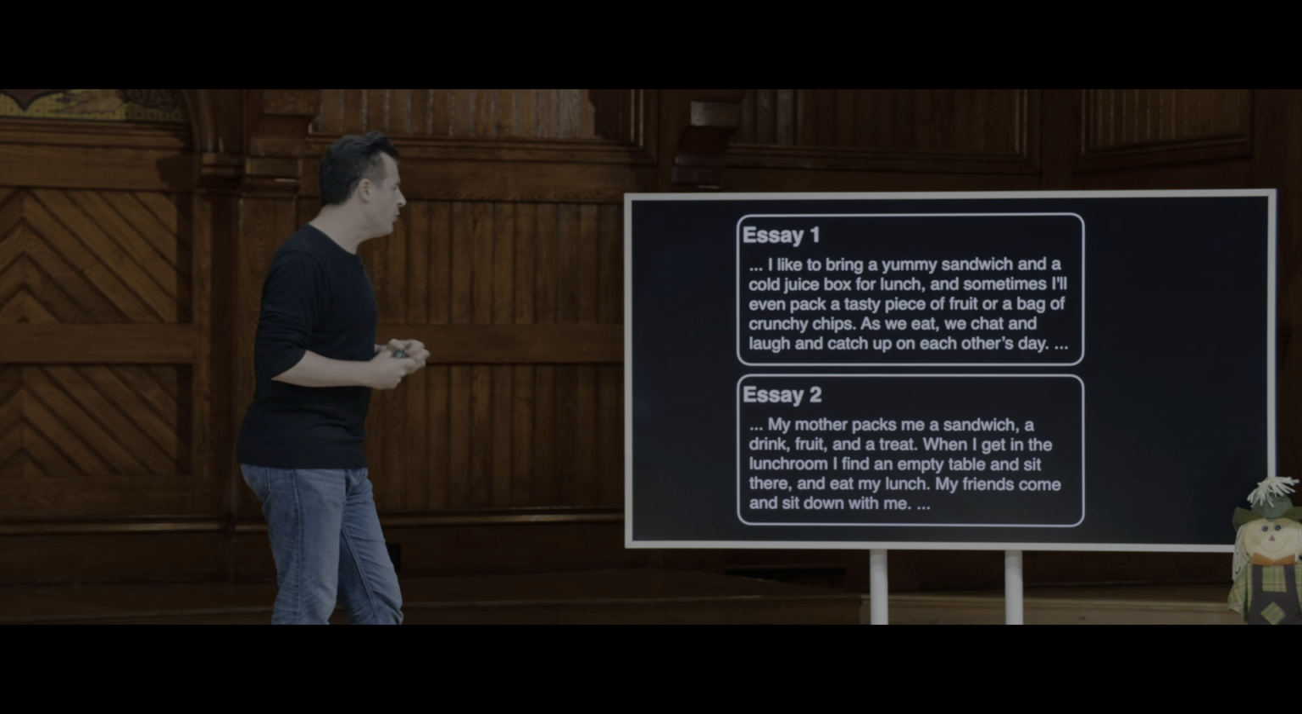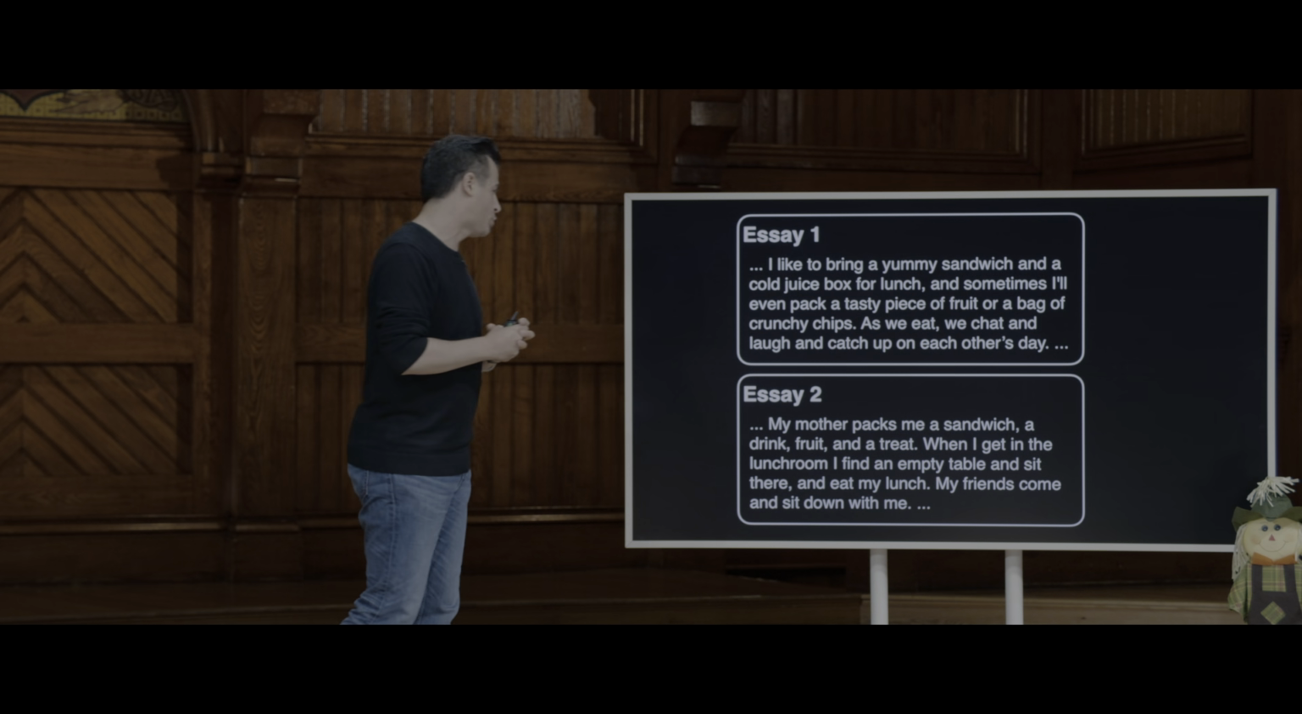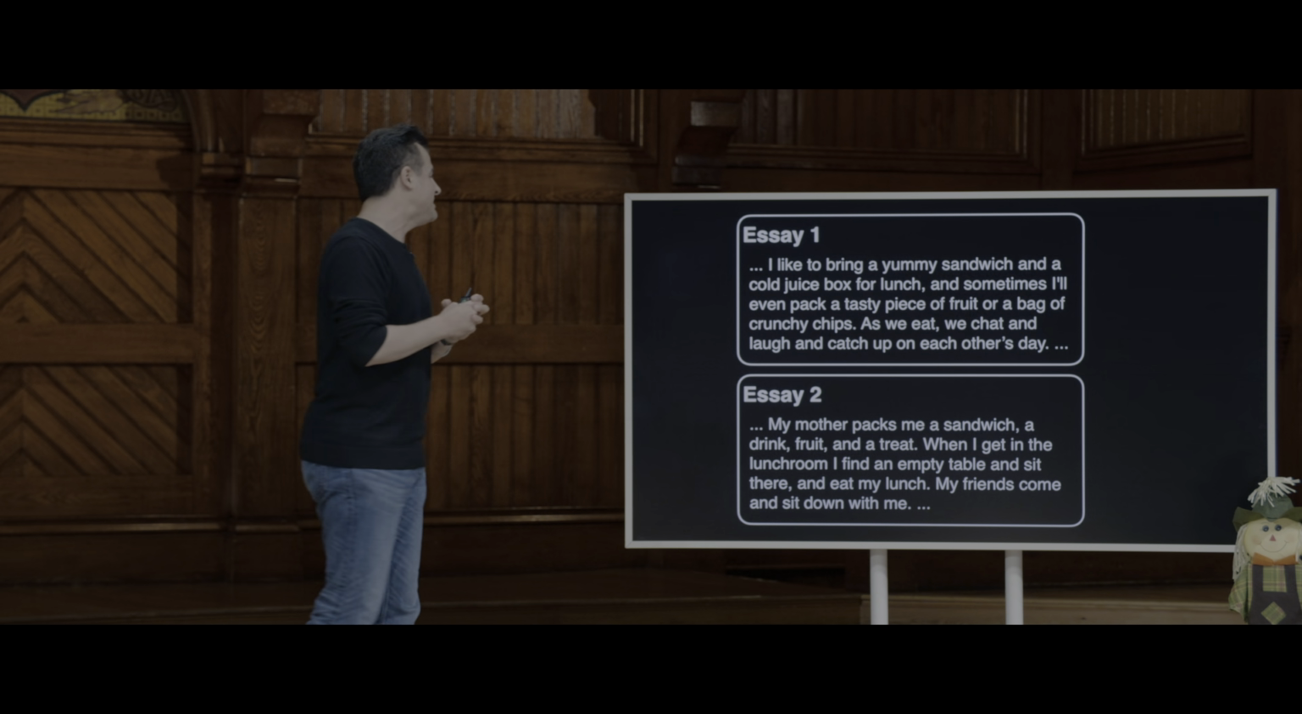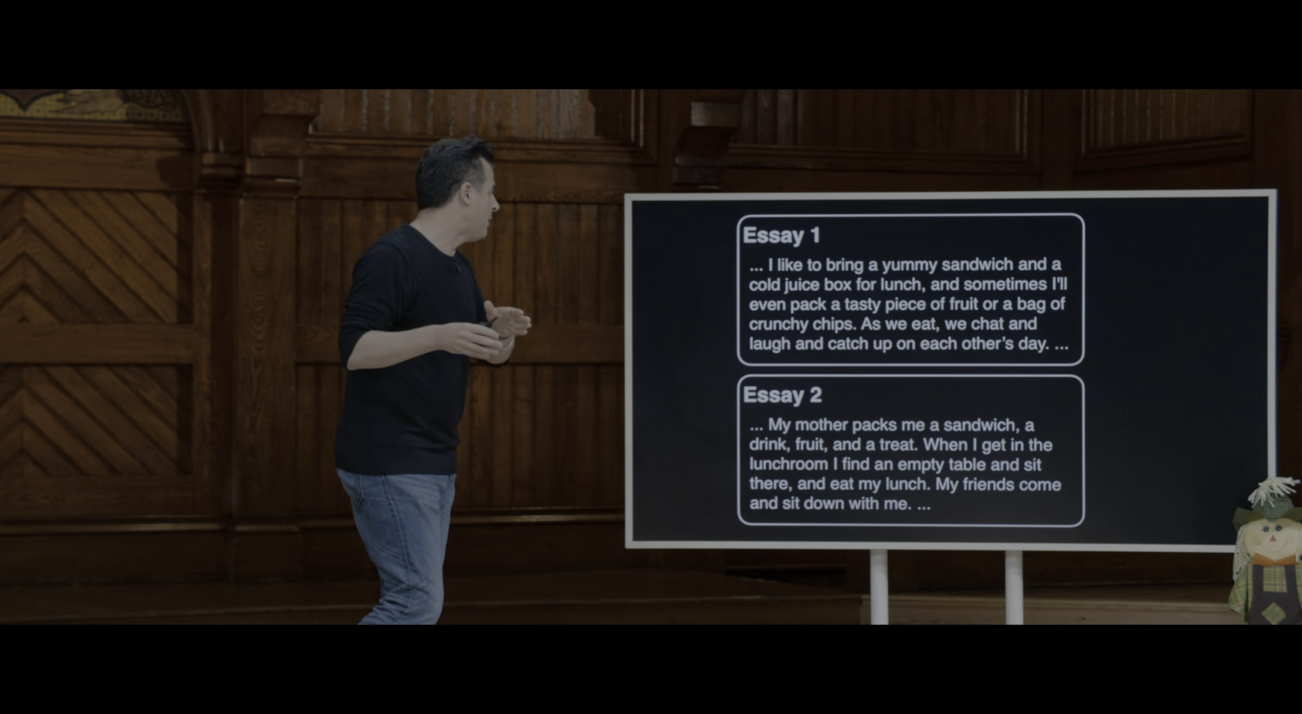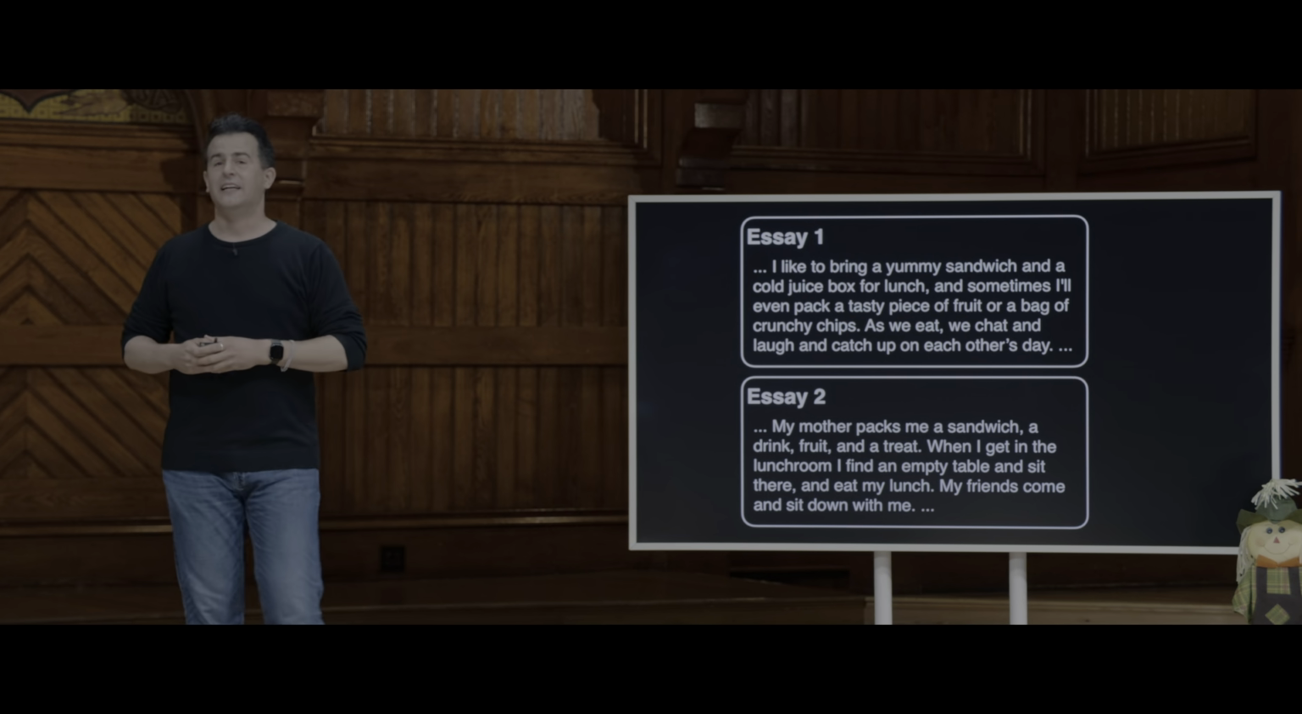Essay 2. My mother packs me a sandwich, a drink, fruit, and a treat. When I get in the lunchroom, I find an empty table and sit there and I eat my lunch. My friends come and sit down with me,